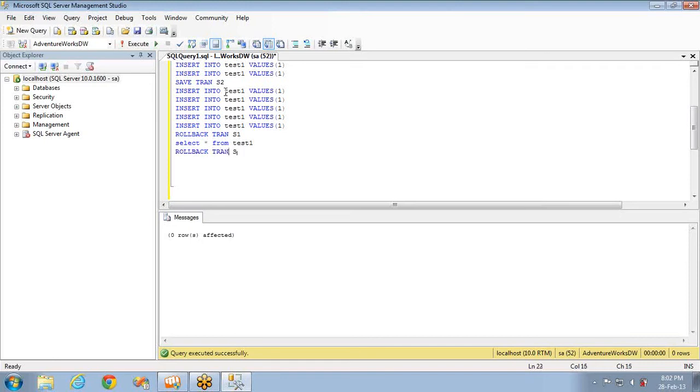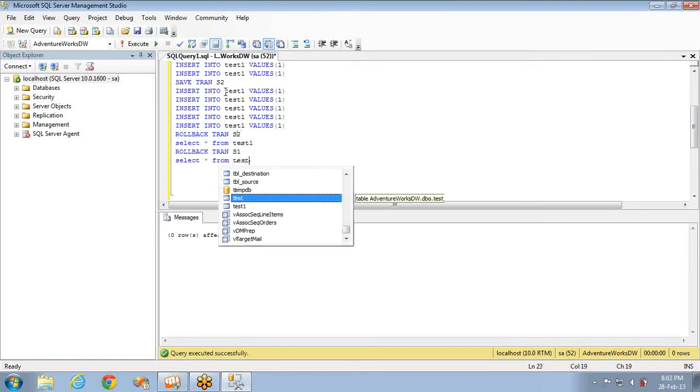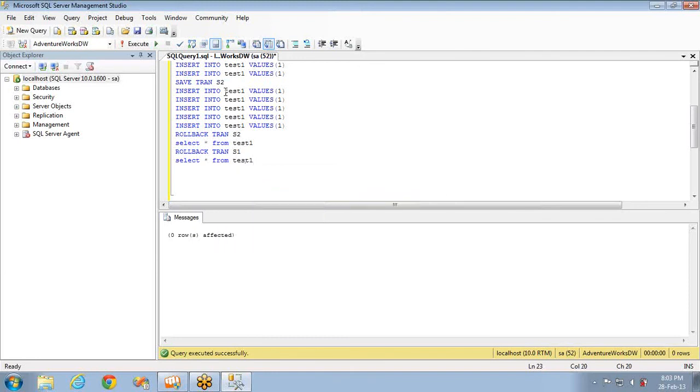or else I'll do one thing, I'll roll back to S1 here, I'll roll back to S2 here, and finally I'll roll back the complete thing. Select star from test1, and here I am finally rolling back everything, that is the complete transaction.